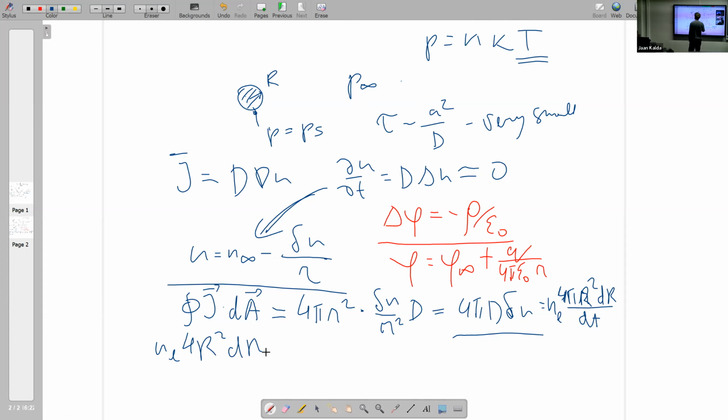Let me write down, but actually there is one thing I'm not very satisfied with. Let me check if there are any mistakes or not. Then I just write it down. N L 4 goes away, sorry, 4 goes away, N L r squared dr equals